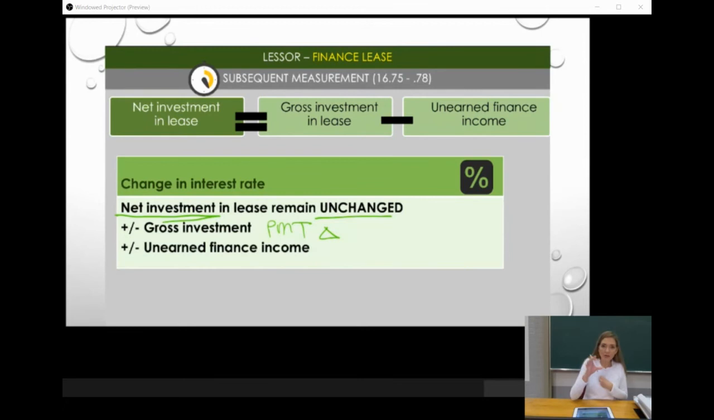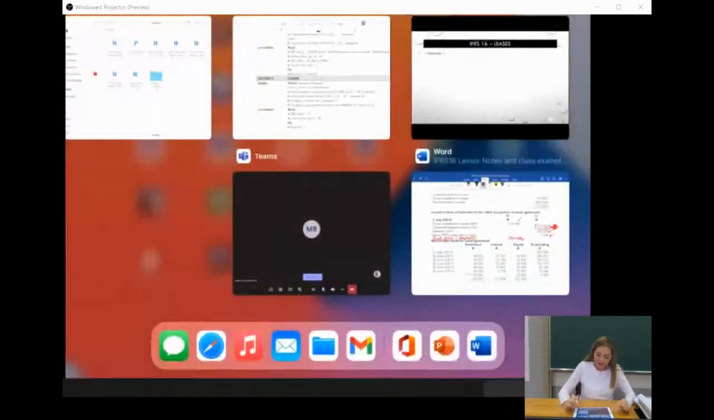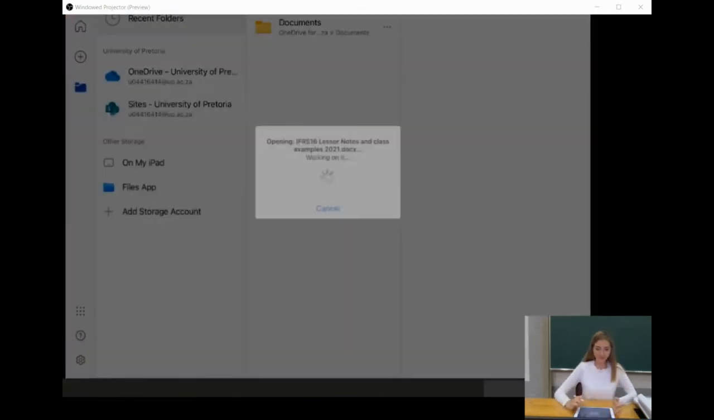However, now my future lease payments are going to change. And because the interest rate has changed, obviously my unearned finance income is also going to change. But the net effect of these two changes is going to be zero. So net investment in the lease does not change, but we will have to fix our gross investment and our unearned finance income accounts. Good. So that's what happens in example 11. Okay, so if we go to example 11,